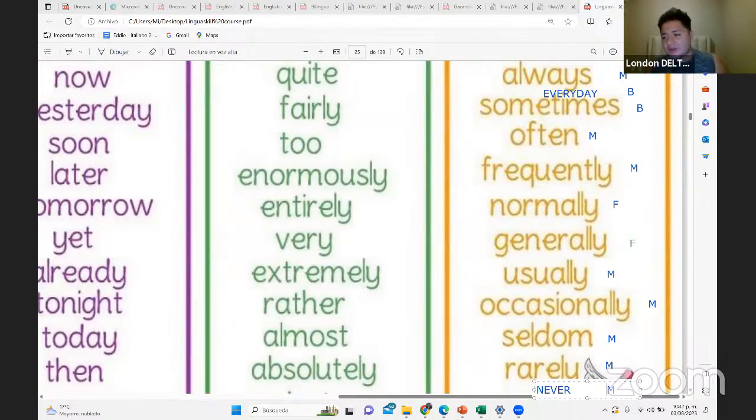Y sí, yo digo, más que una razón, es en realidad cómo suena. Cómo le suena obviamente a una persona que habla inglés, porque para nosotros como que no tiene mucho sentido. But in English, a person that speaks English can say, this doesn't sound good. Okay? But also don't get too obsessed, because if you ever make a mistake y ponen often al inicio, tampoco es que no les vayan a entender. So, yes, this is the rule. But don't get too obsessed, and don't worry, because you can learn it little by little. All right.